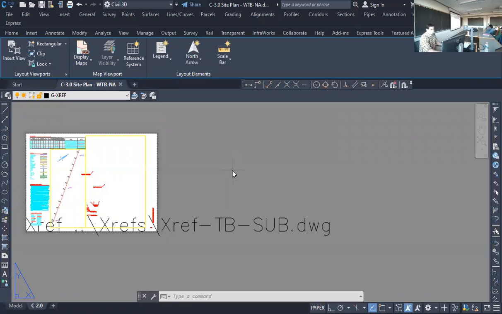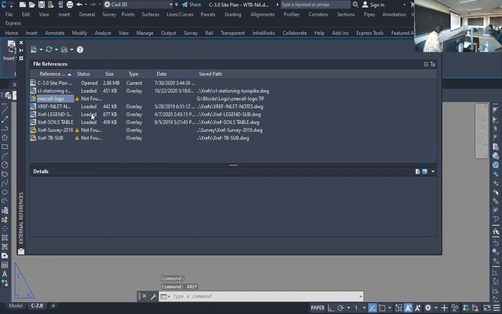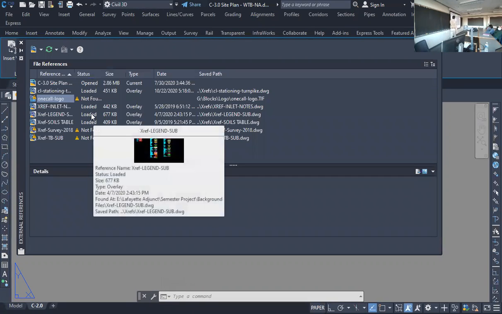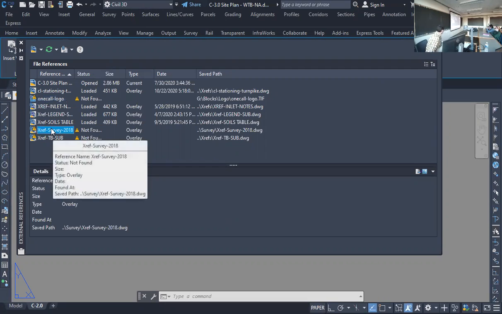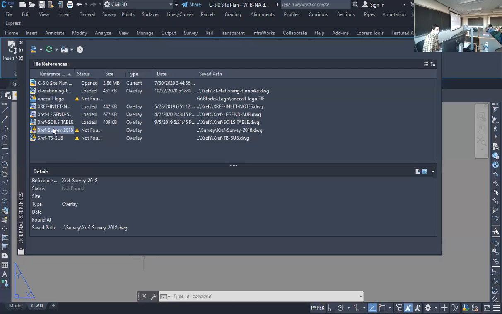If you type XREF, you'll see that there's some stuff here that it couldn't find. See how it's saying it can't find the SIR, and it can't find topo, it can't find other things. So I'm going to click one that it couldn't find. And then down here at the bottom where it says saved path, you have to have it selected in the upper half. And then down in this lower half of the block, if you click on found at,